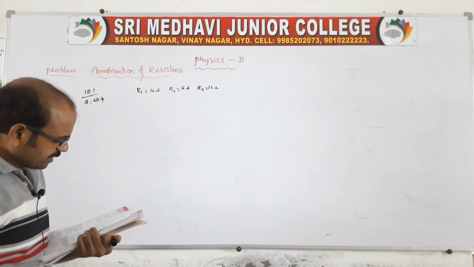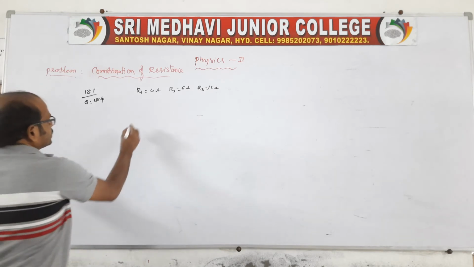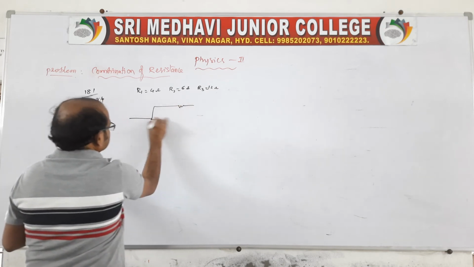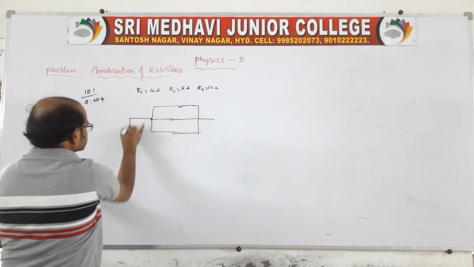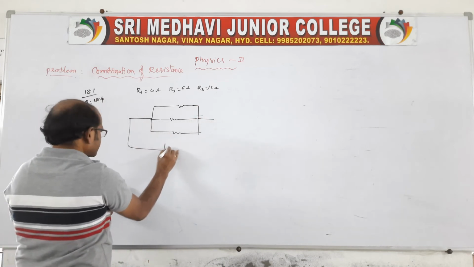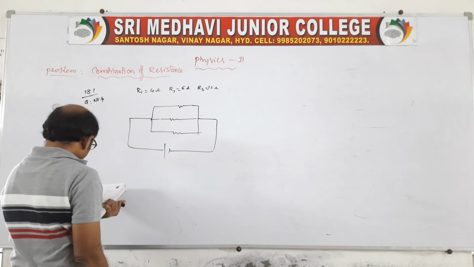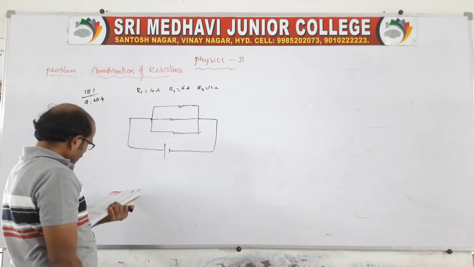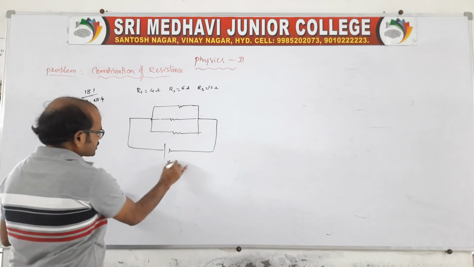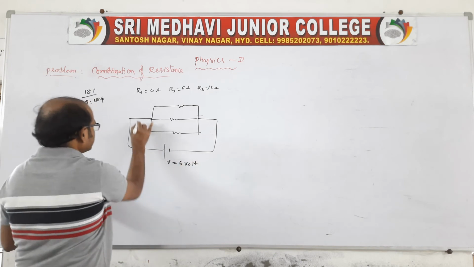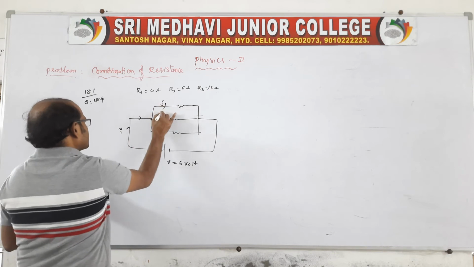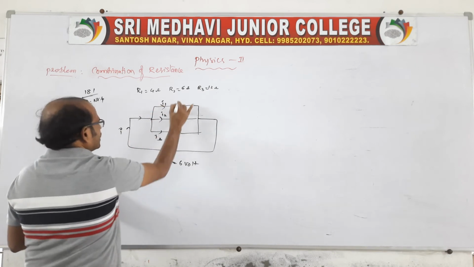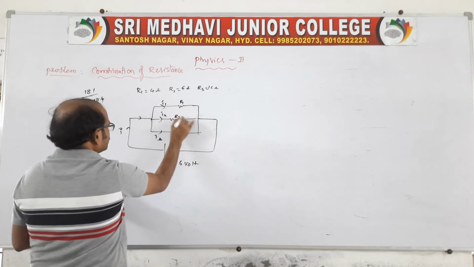So of course power you leave because power is not over, just you go for the series and parallel. First one is given as parallel combination. So you draw a circuit diagram also, it is asking. Of course it will be like this. There is a potential difference, I mean to say volt is given, current is entering like this I, and it is divided as I1, I2, I3, and here are R1, R2, R3.